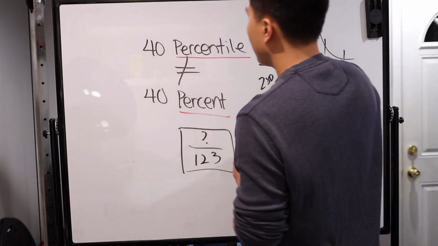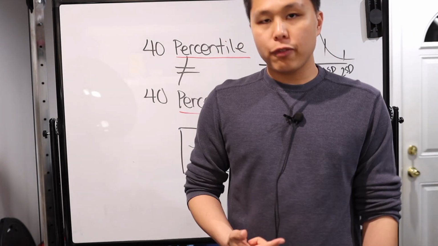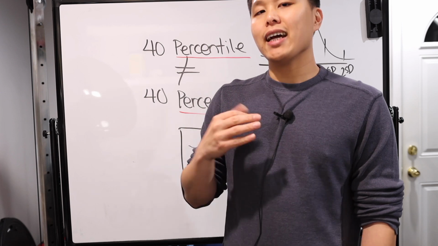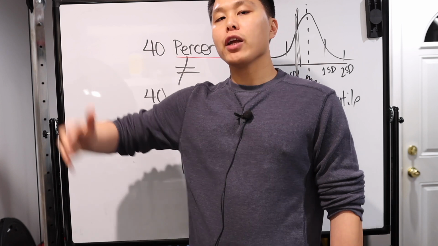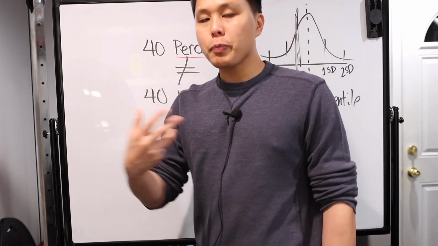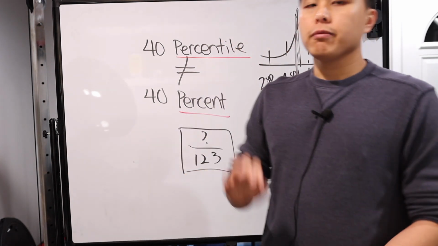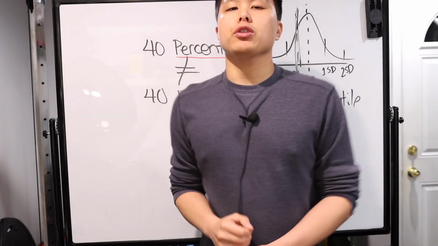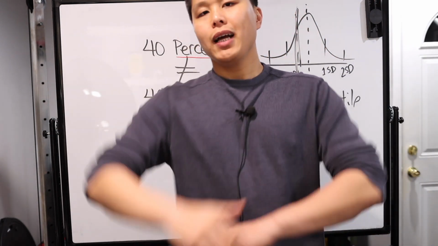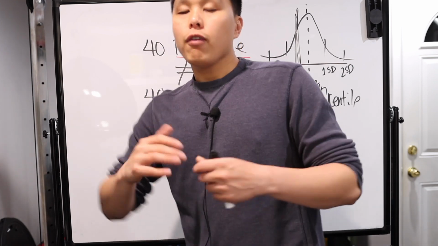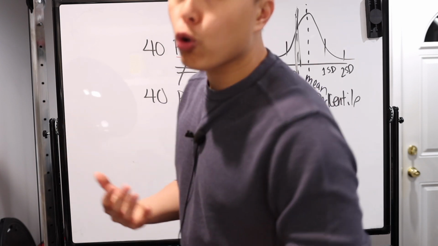First and foremost, 40th percentile. It doesn't mean that you're passing. It doesn't mean you're failing. All it's saying is that out of the entire population that took the exam, you did better than 40% of them. So if 100 people took the exam, then yes, you did better than 40 people, roughly, right? If 1,000 people took the exam, then you did better than roughly 400 of them. That's all it means.